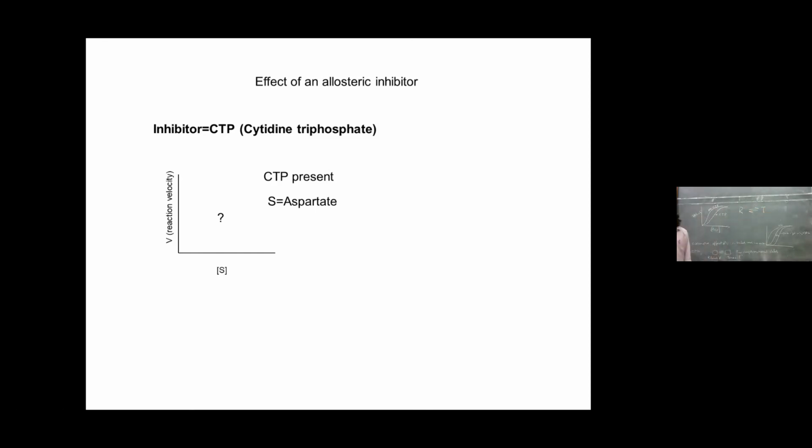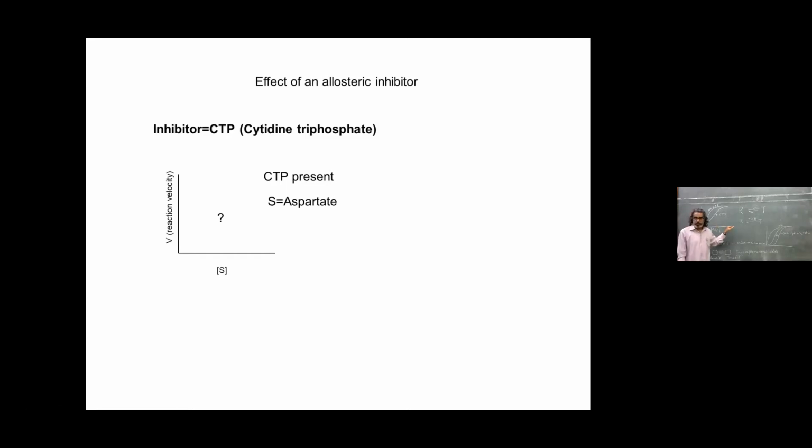Okay, so in the R versus T, let's say R is the main catalyzing conformational state, and T is not. So in the absence of CTP, the equilibrium is more towards R, so the reaction is catalyzed. However, on adding CTP, this changes. You have more T and less R. So that's why the enzyme concentration is shifted.